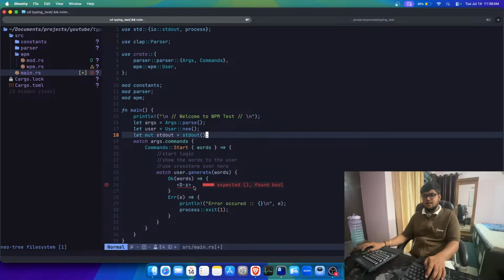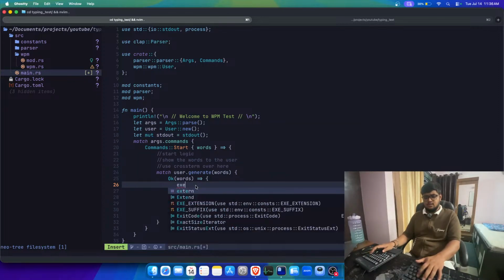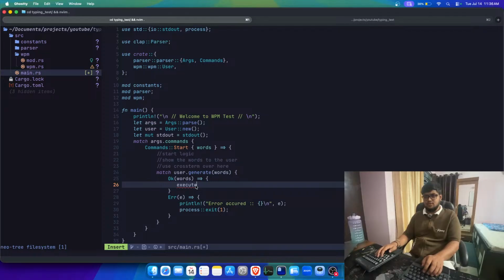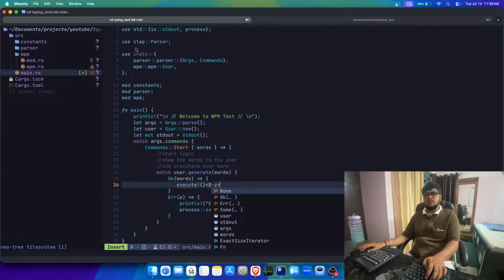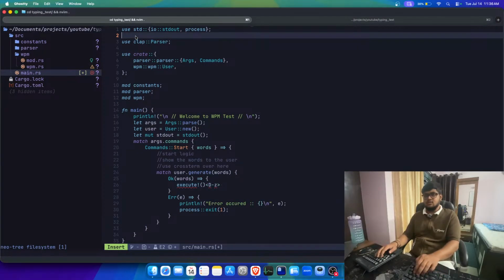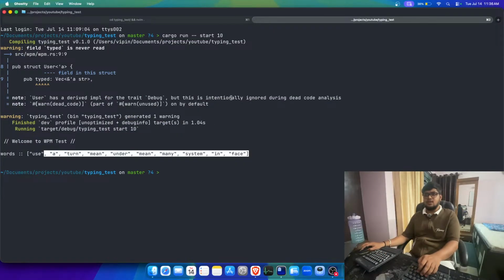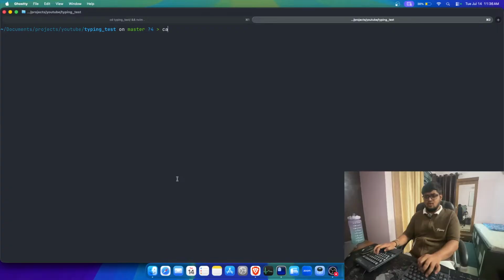And we'll directly call execute over here, the execute macro, and that execute will be from Crossterm. So I'll say use, haven't I installed Crossterm? I think no. So cargo add